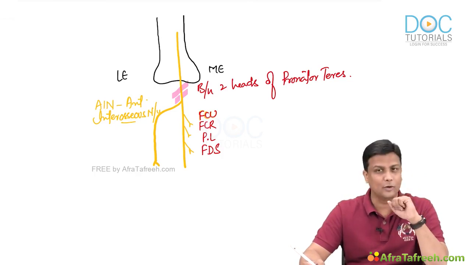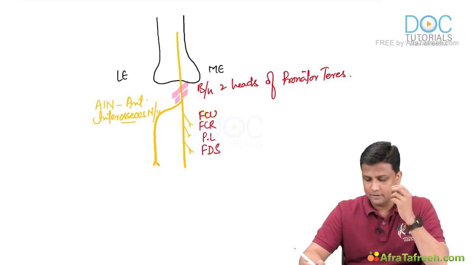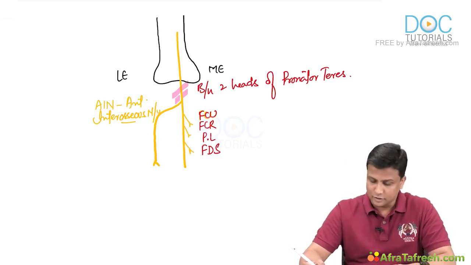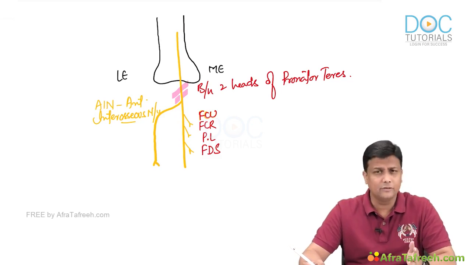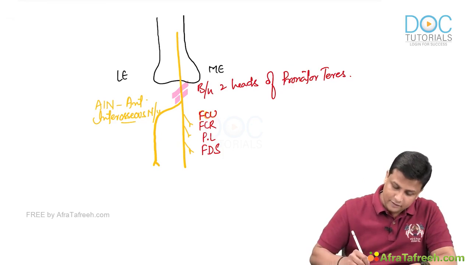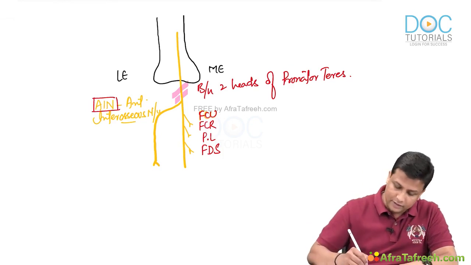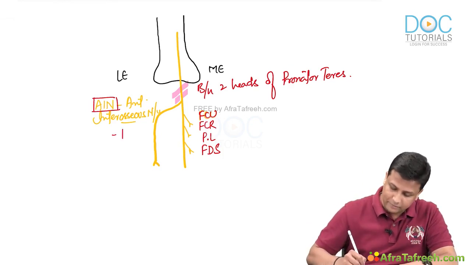I hope you are able to recall. So flexor carpi ulnaris, flexor carpi radialis, palmaris longus in the middle, and then the FDS also, guys. Flexor digitorum superficialis is also supplied by the median nerve only. Then what about the anterior interosseous nerve? The anterior interosseous nerve is the one which is taking care of the deeper layer, and in the deeper layer it will be supplying FDP,